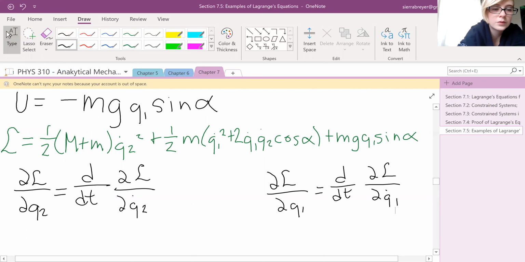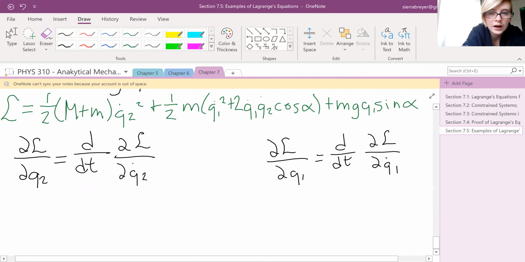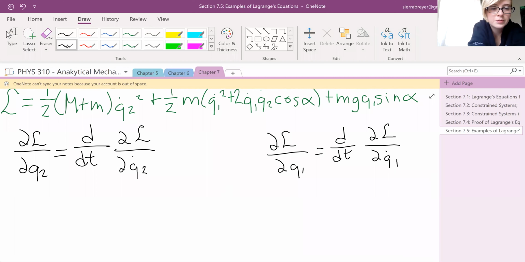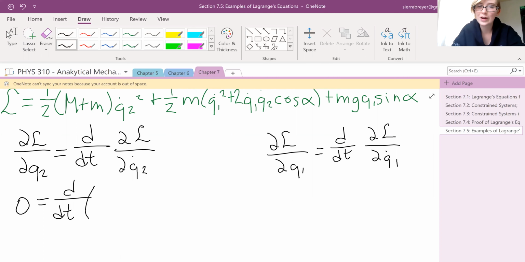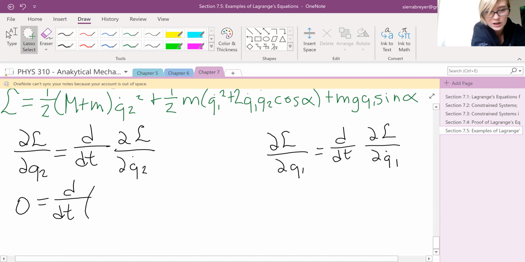Okay. So we're going to do Q2 first. First part's pretty easy. It's 0 because we don't have a Q2. So the derivative of the Lagrangian with respect to something that's not there is 0. It's all a constant. All right. And then we'll end up with the time derivative of the derivative of the Lagrangian with respect to Q2 dot, which is going to be